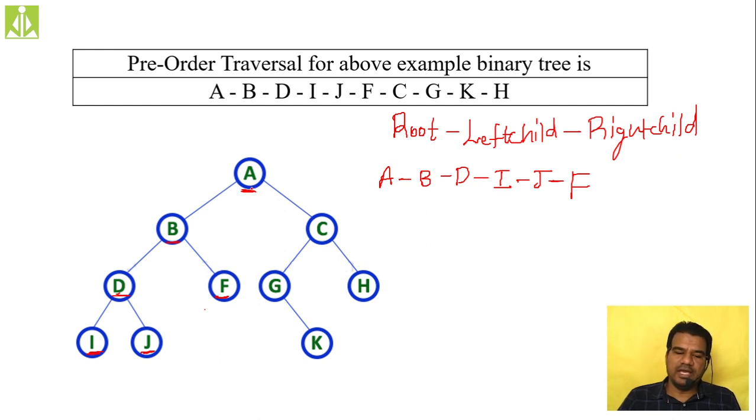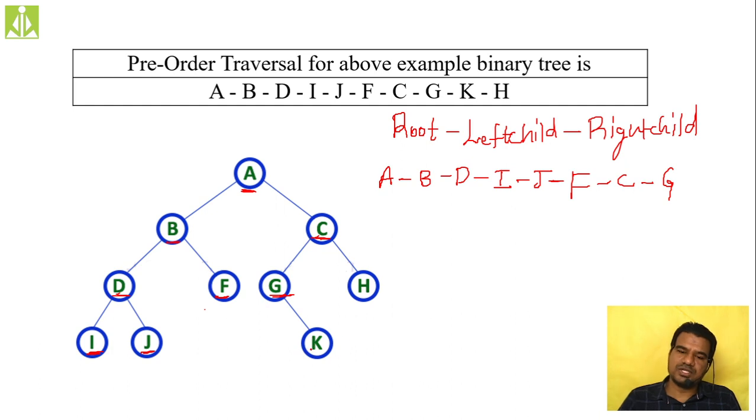For A, root is visited, left is visited. So now go to the right and make C the root. Visit C. After C is visited, try to visit left. In the left direction we have nodes, so come to G and make G the root. Visit G. Once G is visited, try to move left, nothing is there. Try to visit right, K is there. Come to K and make K the root.